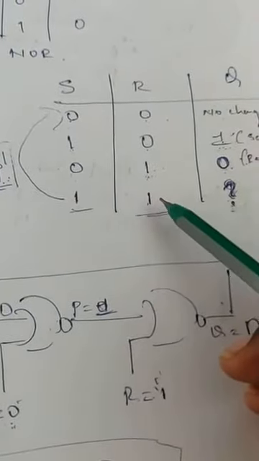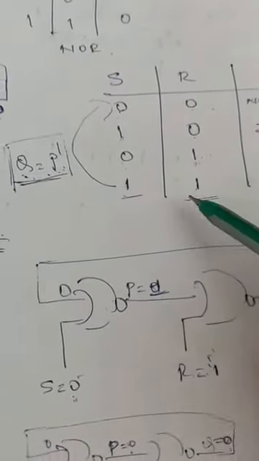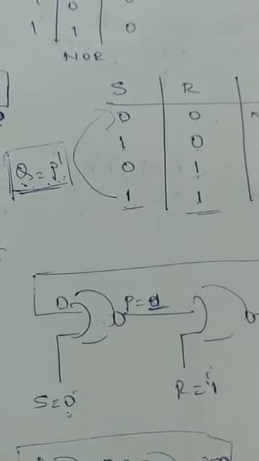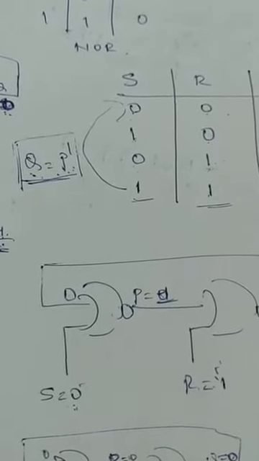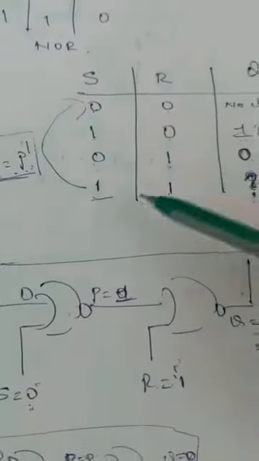This is an undecidable state, like unconditional, and these inputs are not allowed. I already told why it's not allowed. We are not able to decide whether it should be 0 or 1, and in the previous transitions p and q are always complements of each other, but in this condition that is not possible. So keeping this table in mind, we need to answer this now.